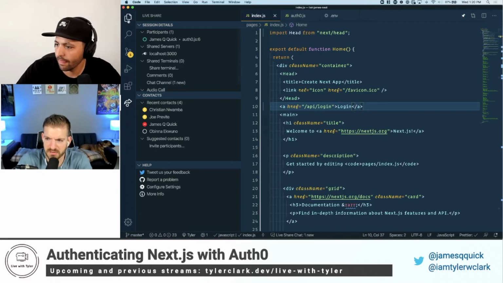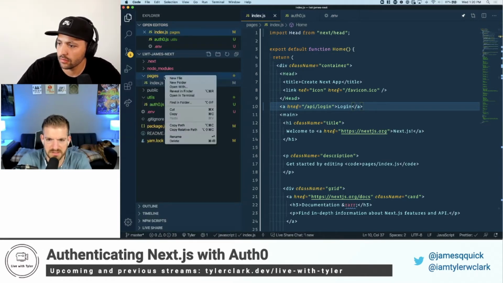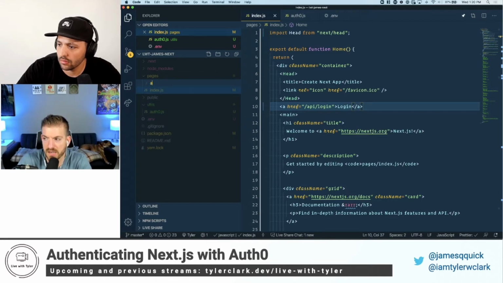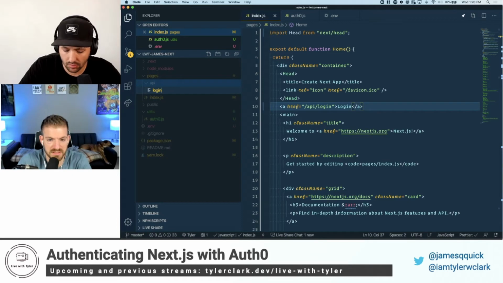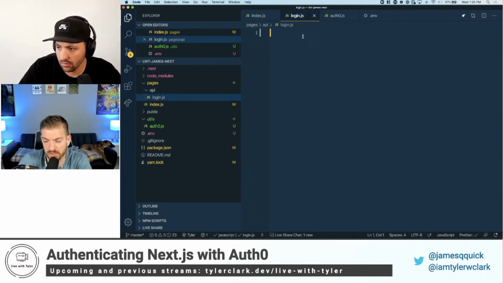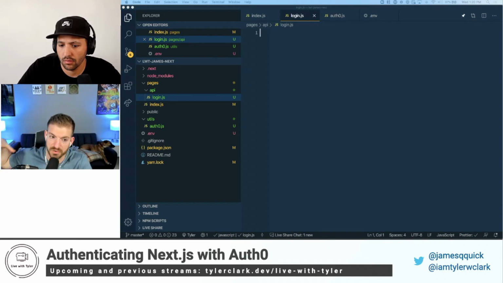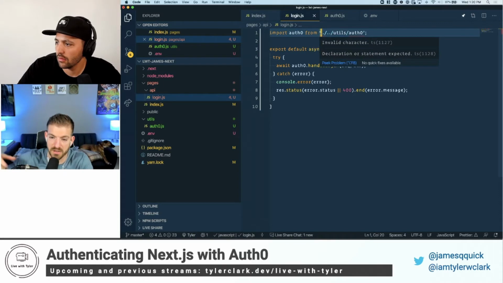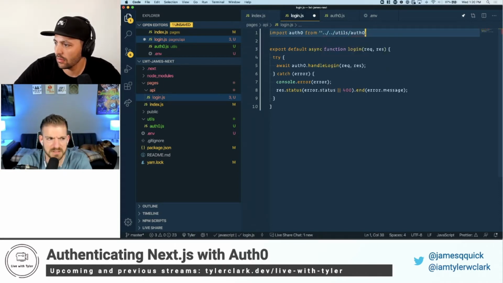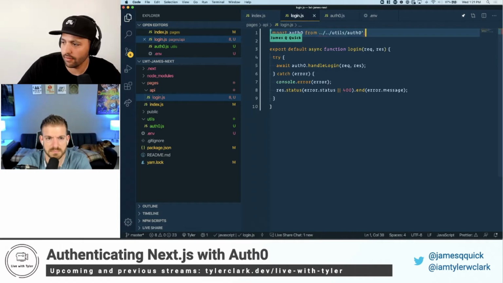Gatsby, where you have client side routing and you're just going between pages on the front end. Now we actually have a server, and you can think of it as kind of like a Node.js server where we'll have a login endpoint, and now you're sending the user to that login endpoint, which will then call this login from Auth0, go to Auth0, come back, and then redirect the user to probably the home page. Yeah. So this is again just copying straight from